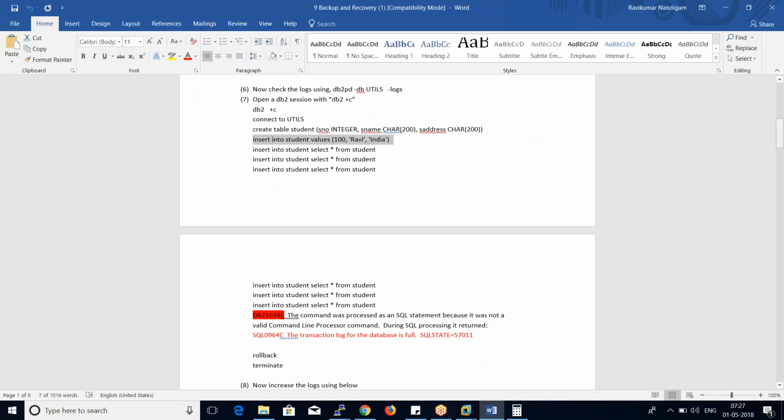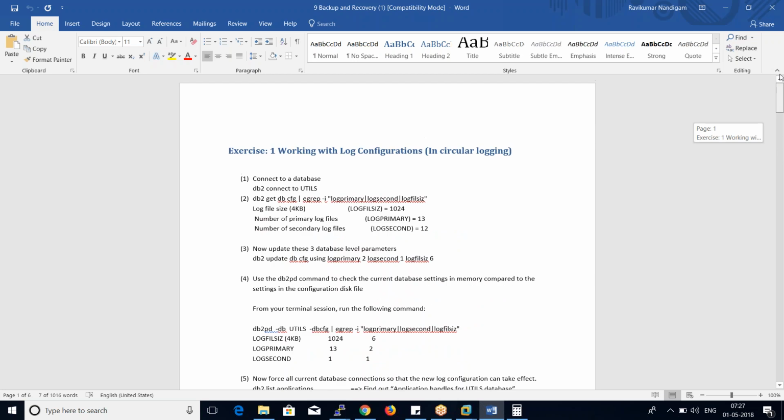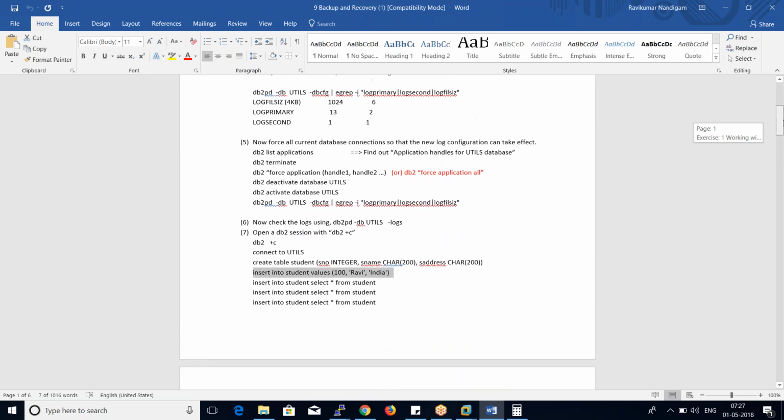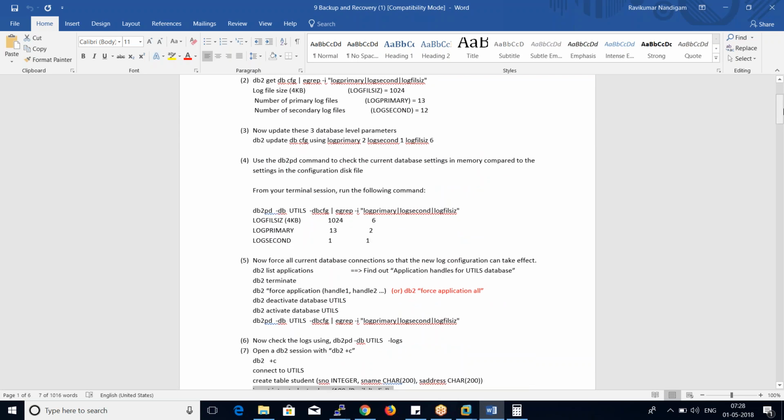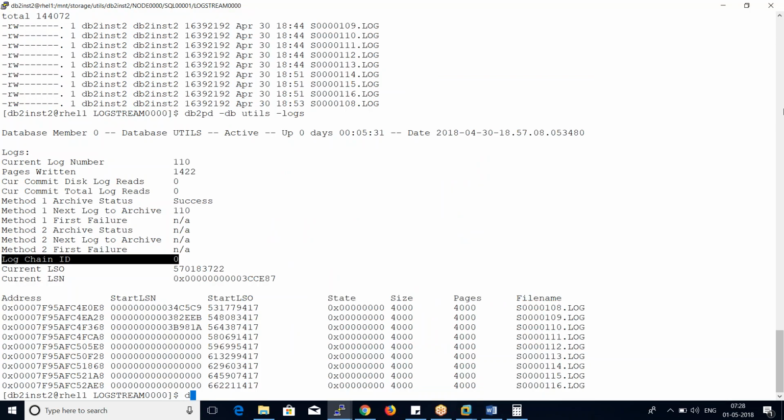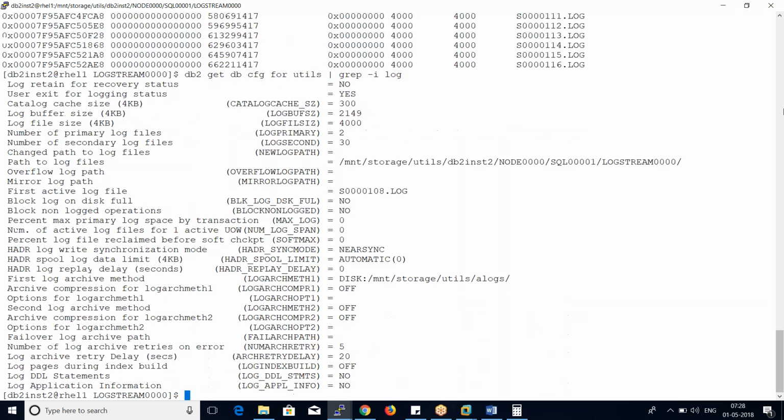So coming back to our exercise, that is the exercise on log, some parameters that we play on, right? As long as we make sure that we have enough space in these directories, the two important directories with respect to the log are, get db config for, these are the two, one is new log path, another one is log arc method one. As long as we have enough space,